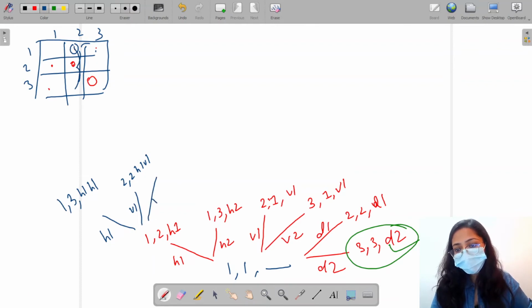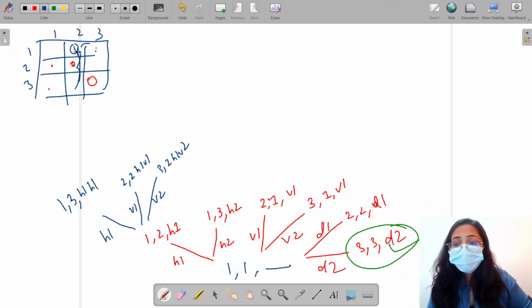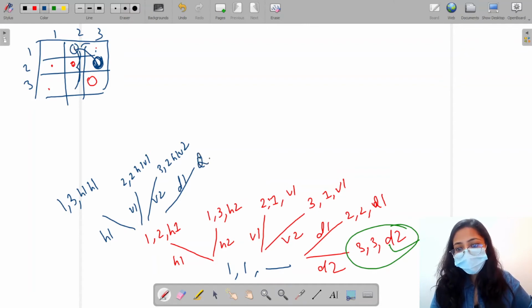If I take V2, I'll reach 3, 2 and H1, V2. I can also take a diagonal move. If I take D1, I'll reach 2, 3 and it will be H1, D1. So like this, I have a lot of moves and this recursion tree will go for a long length.